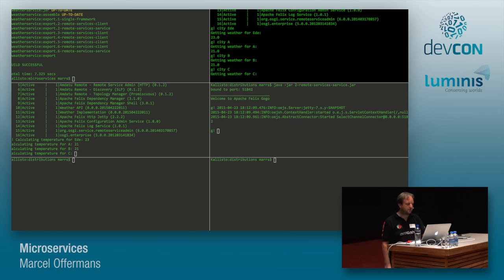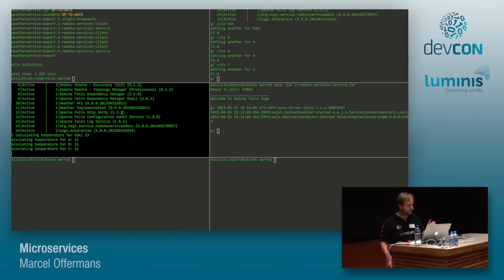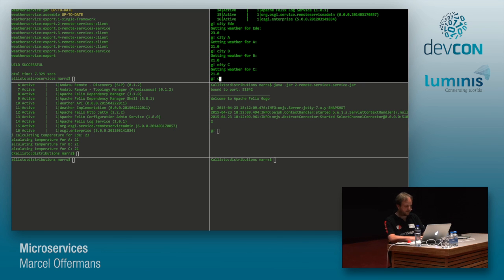And as you can see, it's always invoking the first container that we started. And that's really because in OSGi, I just created a service dependency on any weather service. And the OSGi spec says that if there's multiple services available and there's nothing else to distinguish them by, it will just take the oldest one. So the one that was available first will always be used. And just to demonstrate that, I can also stop this one, go back to my client, and see what happens.